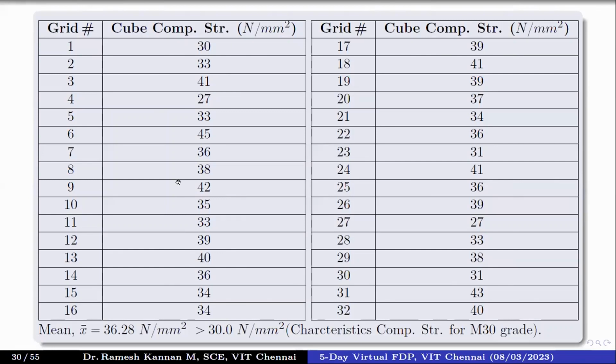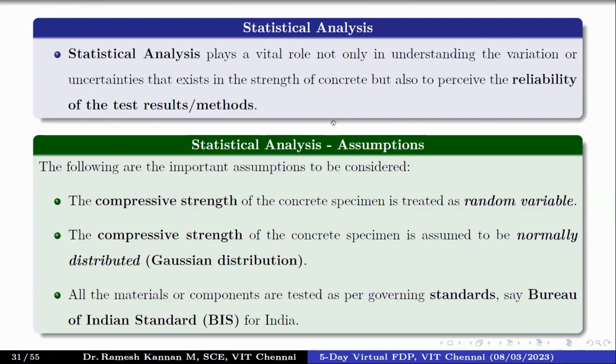But when we do a statistical analysis on this, then we understand the implications of this experimentation. So this is a very important part. So far, we talked about only NDT and experimental results. From this point onwards, we'll be looking into the statistical analysis perspective, and we'll build up the idea of statistical analysis for the uncertainty analysis. In this method, we will be using basic statistics like mean, standard deviation, and coefficient of variation.